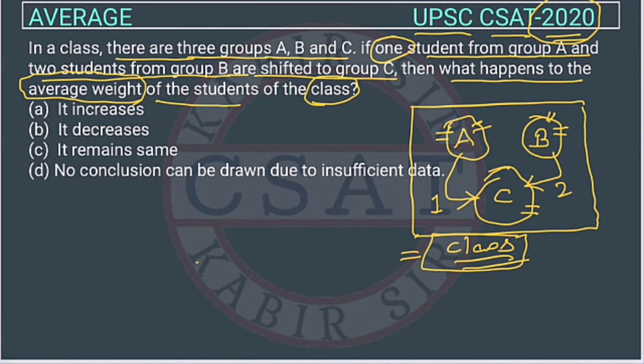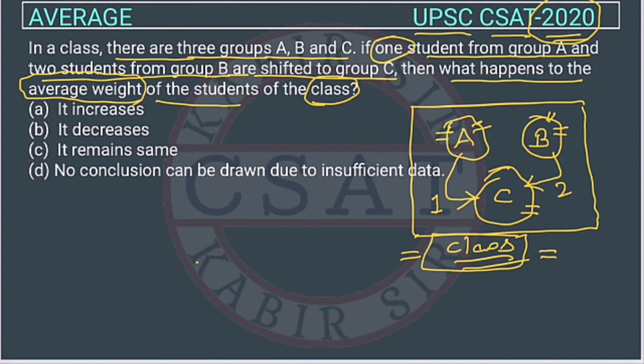Because according to the average formula, what we do, right? In the numerator, we will write the weight of each student, and the denominator will be the total number of students in the class. So both these things remain constant, no matter